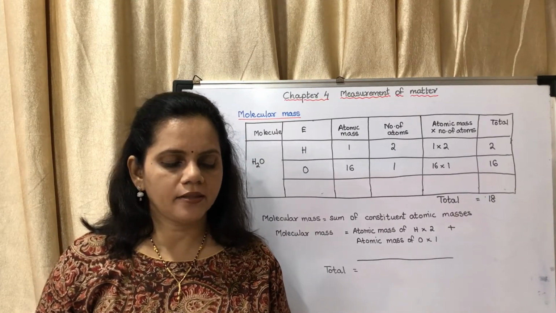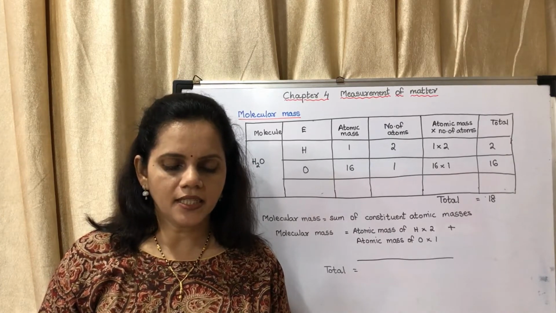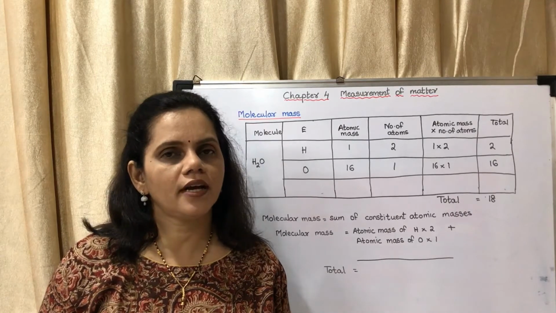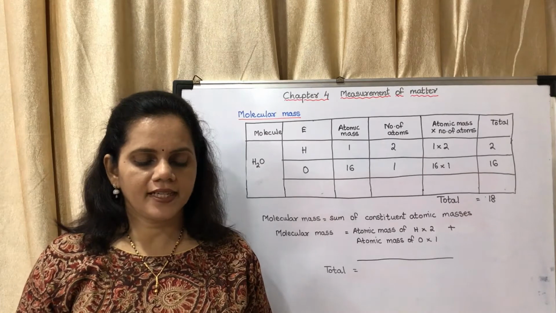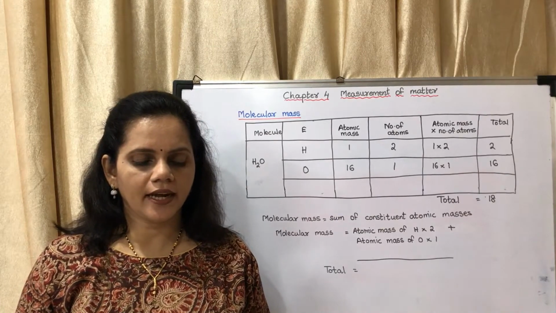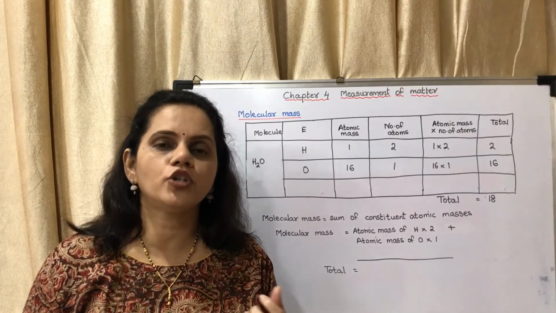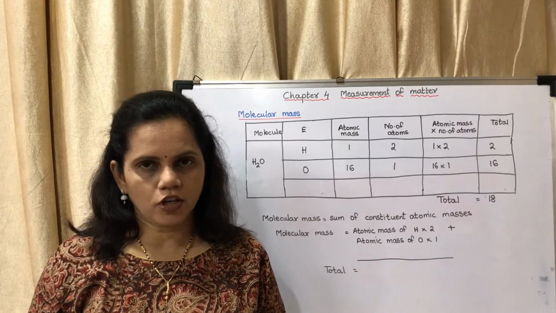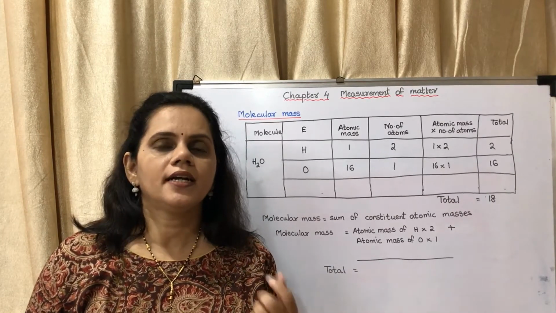Sometimes two or more atoms of an element combine to form molecules of that element. Such elements are polyatomic. Polyatomic means more than one atom. For example, the elements oxygen and nitrogen are diatomic. Oxygen occurs in the state of O2. One atom of oxygen combines with another atom of oxygen to form two atoms of oxygen. That is said to be diatomic.